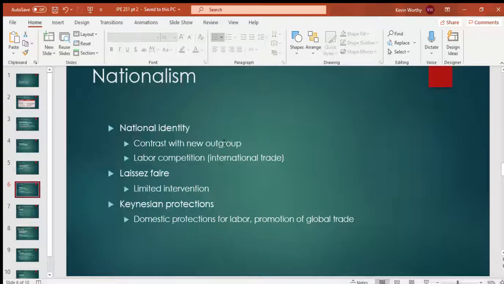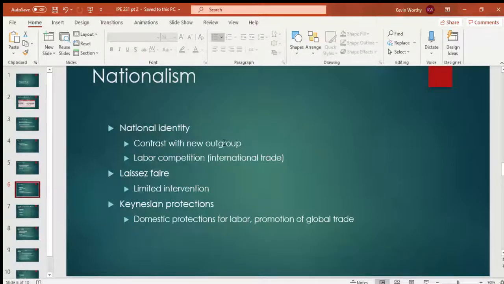So nationalism also becomes part of this. If you're part of a labor force in the Southeast, if you're in Alabama and you're part of this working group and Taiwan is making your product cheaper, then you're going to want to have some protections. This labor competition and international trade starts to matter. And originally what we had was called laissez-faire, where you just didn't really intervene and you let everyone compete. But what we see is that a lot of places are able to compete because they do things that can't be done elsewhere, and this is part of the problem. Why do American companies outsource so much? Because you can't legally do the type of labor that you see in other parts of the world that you could have in the US.